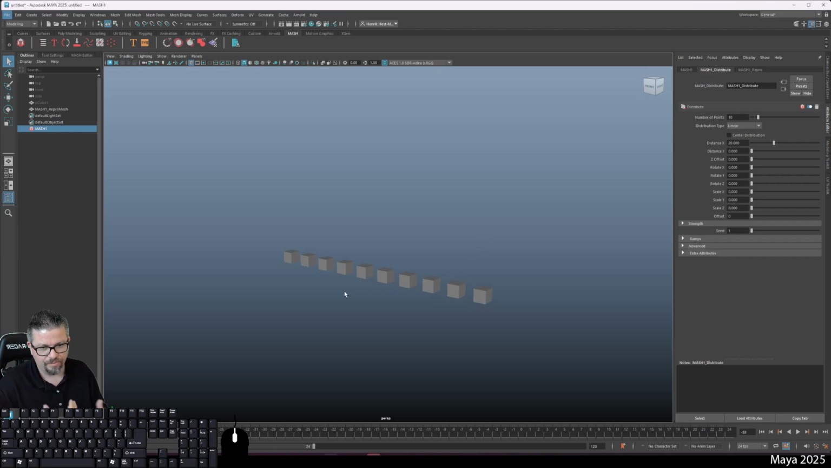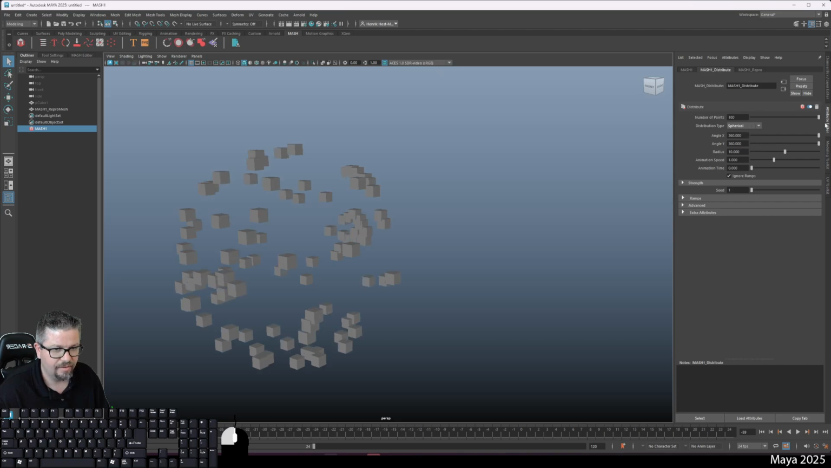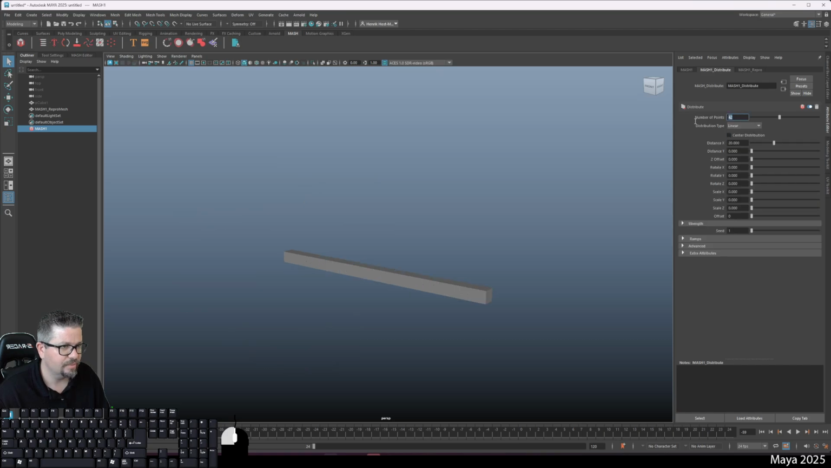But we're just going to keep it simple. They have a spherical one, but you'd have to add a lot more cubes to it for it to sort of fill out. But I'm going to stick with linear and stick with that 10 by default. But just to give you a glimpse of the simplicity of it, it really makes it easy to work with. So now that I've got my